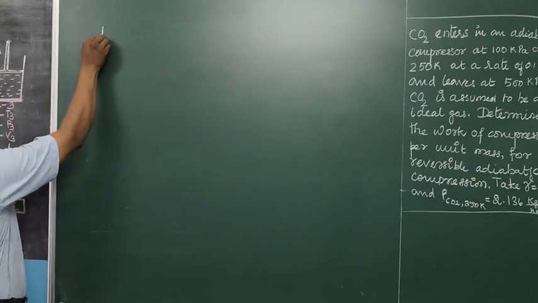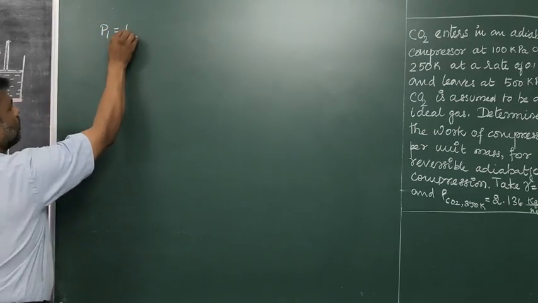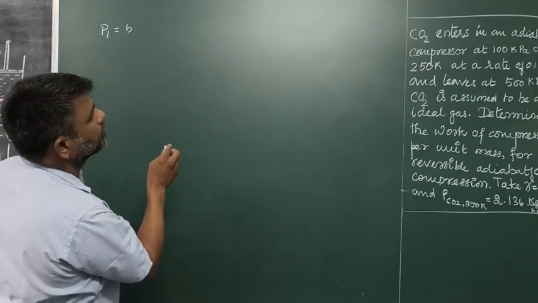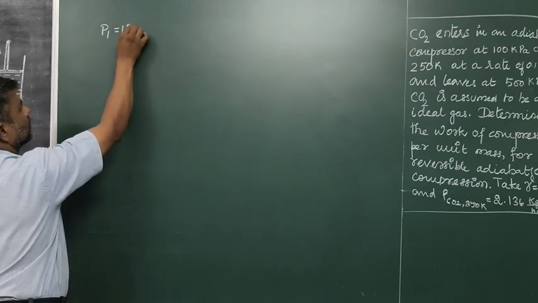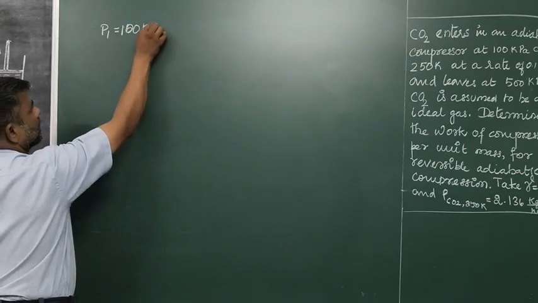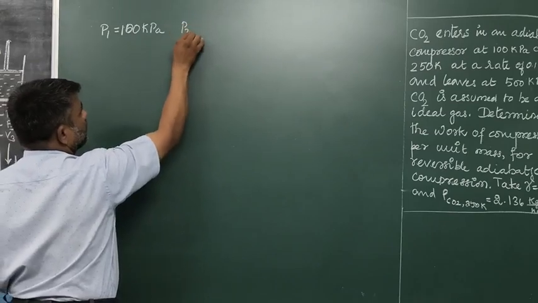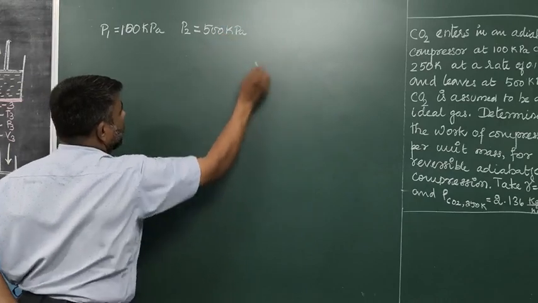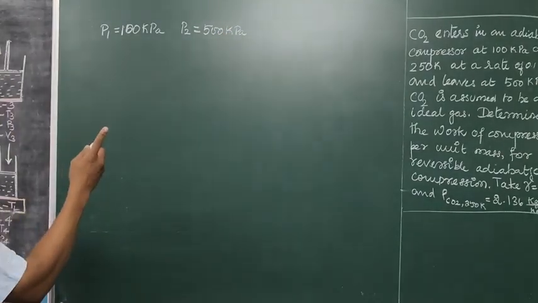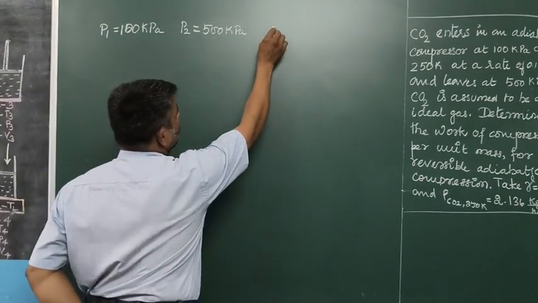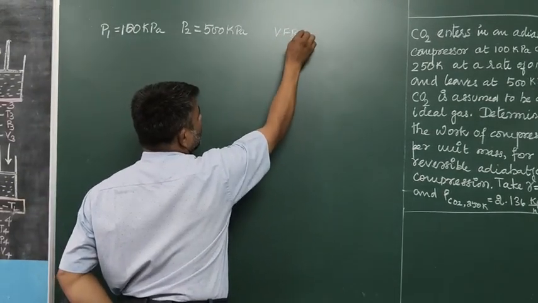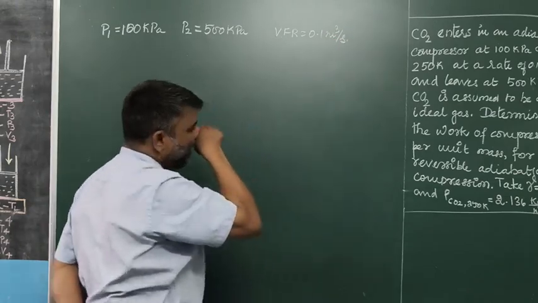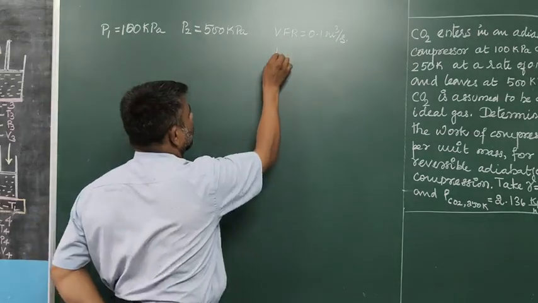Initial pressure P1 is equal to 100 kilopascal, final pressure P2 is equal to 500 kilopascal, and the volumetric flow rate is given: 0.1 meter cube per second. Density data is given. Hence mass flow rate is equal to